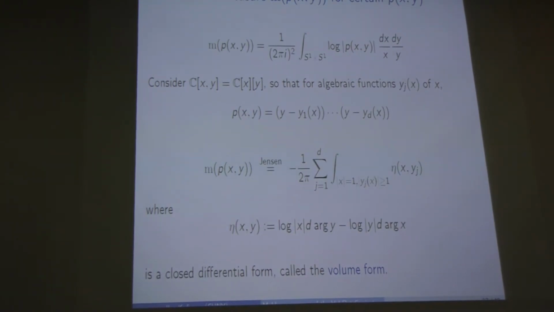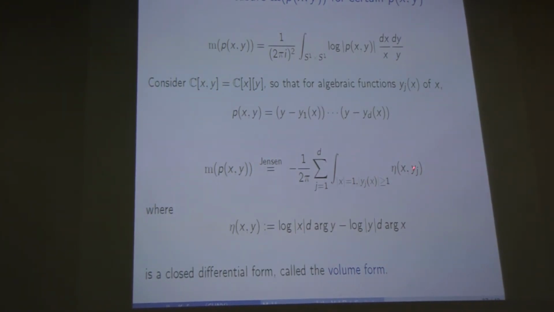Okay, how do we compute the exact Mahler measure? So let me talk a little bit about that. The idea is the following. This is an argument that, again, goes back to David Boyd. The idea is a trick. You think of the polynomial p of x,y as a polynomial in x where the coefficients are algebraic functions y_j of x. So you treat it as a one-variable polynomial, and then apply Jensen's formula, and you get